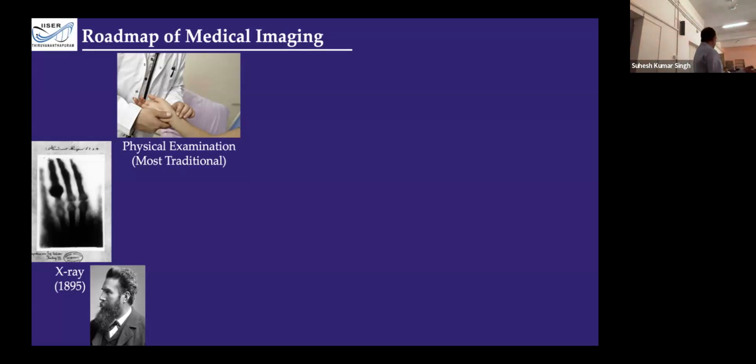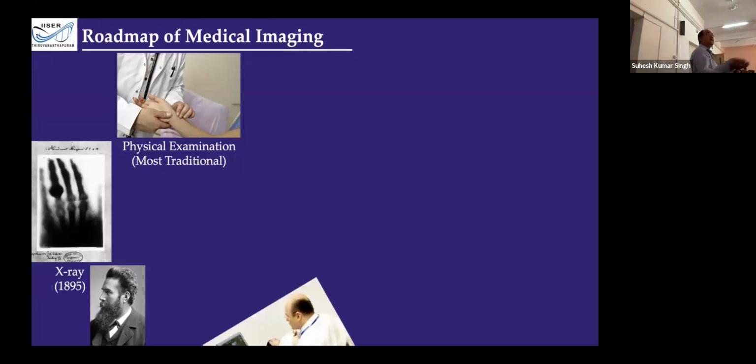It cannot detect disease in the very early stages. Out of this, in 1895, it was Röntgen who discovered the X-ray. Then, on his way studying physics applications, he got images of this, one of his wife's hand, and with this, people started applications for clinical studies, for clinical